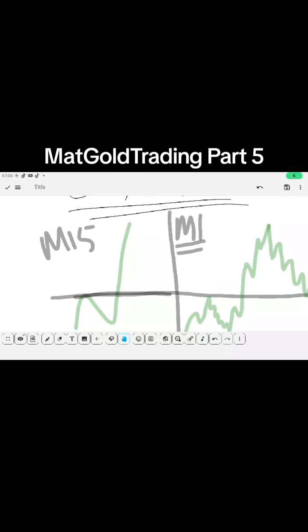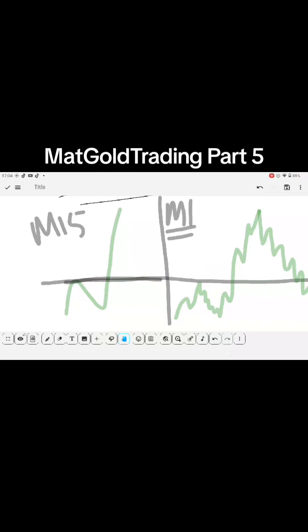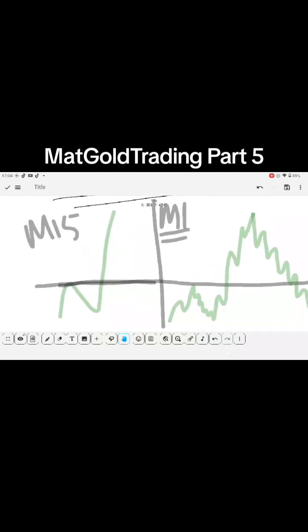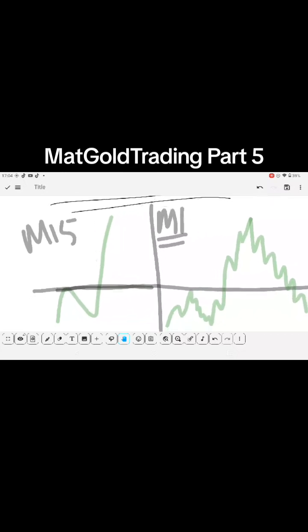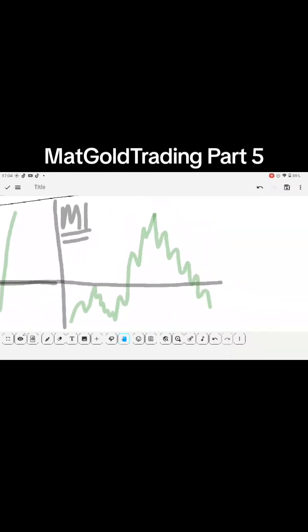So let's continue from our previous view. We can see here that we identified that this now is our M15 buy breach. We have a buy bias. We only want to buy, and then we introduce a new time frame, the M1, the 1 minute time frame. It's more clear. You can see more candles.